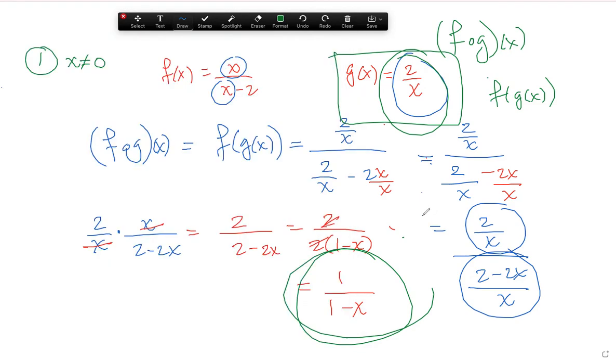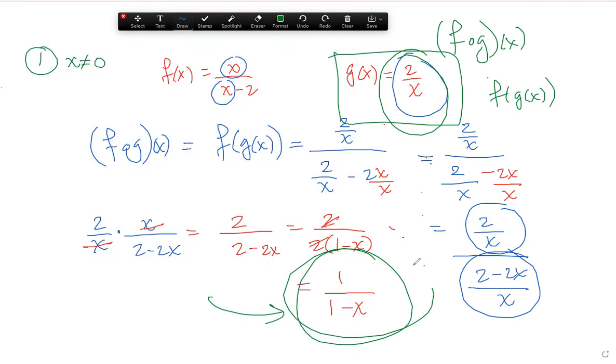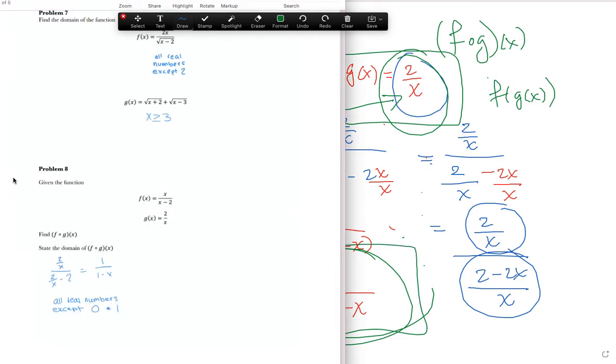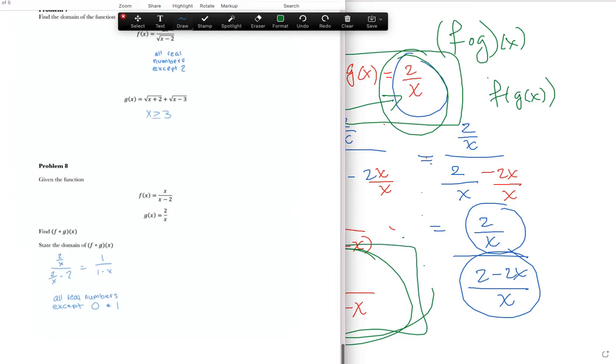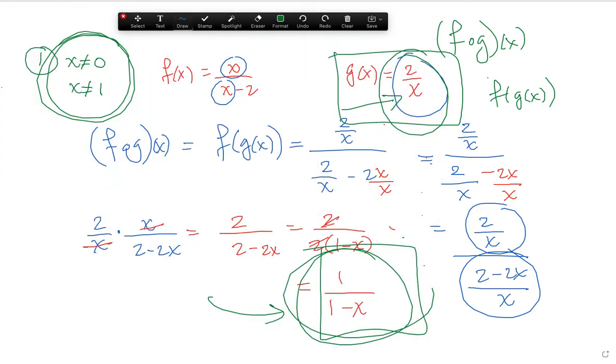Then you do all this work and you end up where we ended up on your paper, good job, 1 over 1 minus x. That's correct. So from there, you were correct. x is not equal to 1. But both have to be reported: both what's not allowed into g of x and what's not allowed into what you ended up with at the very end in the composition. Great. So that brings this review of this test to a conclusion. Again, I'm very happy with your work all over. So let's move on